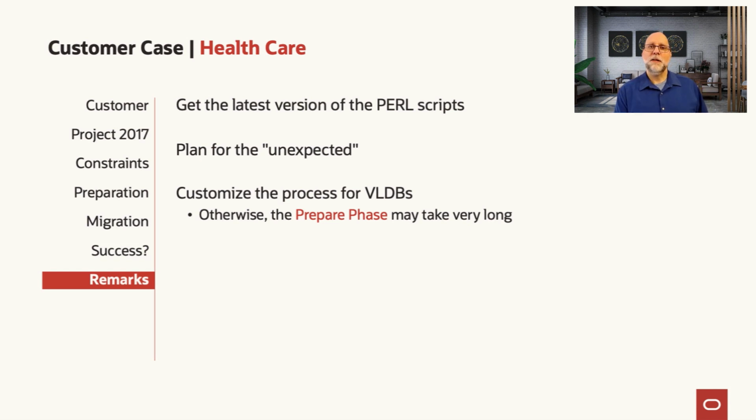In this case, the customer was aware that they had the odd condition of perhaps creating a new table space in the middle of a migration. Does that happen in your environment? Do you know whether that happens or not? That's the kind of thing you need to be able to plan for that might be very specific to your environment. And then customize that process for your super large databases because you want that preparation phase to be as